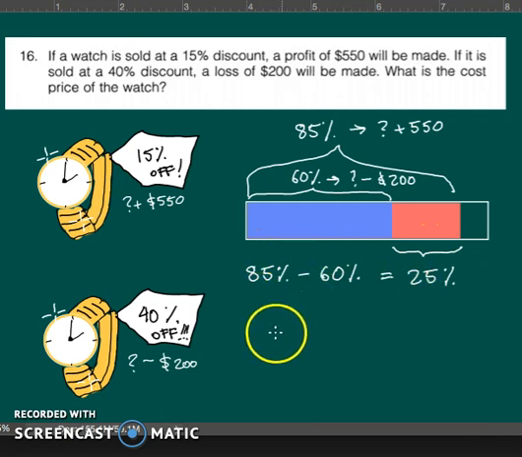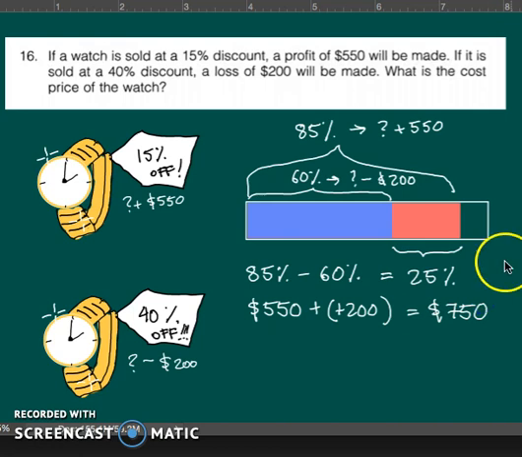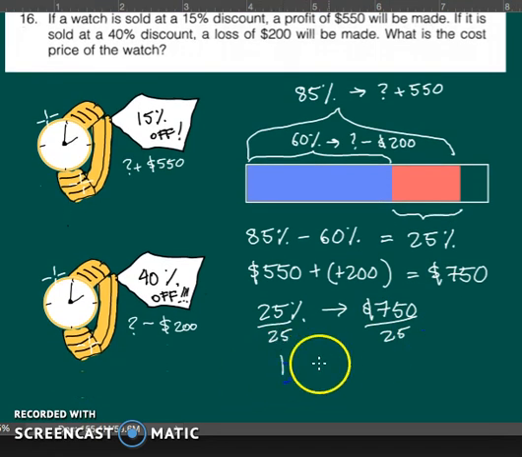At the same time, the difference between a $550 profit and a $200 loss, these cancel out, turn into pluses, is $750. So this region up here describes 25% and $750. From that we can calculate by dividing both sides by 25 that 1%